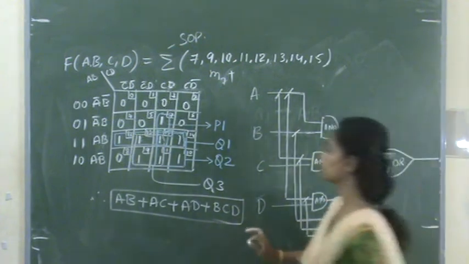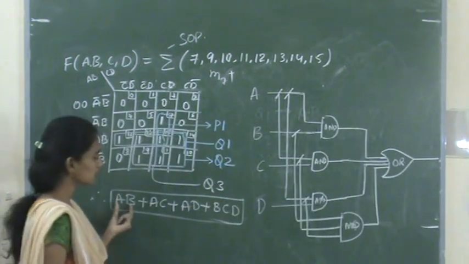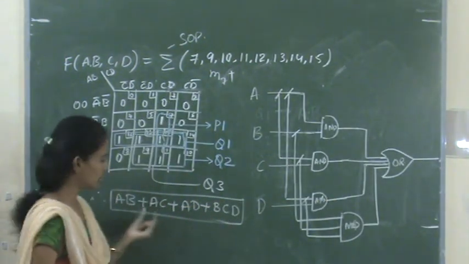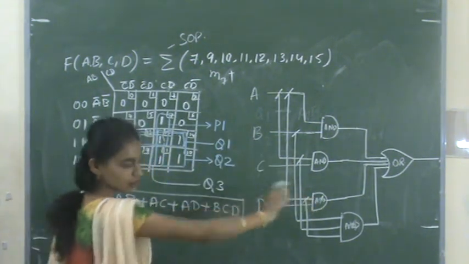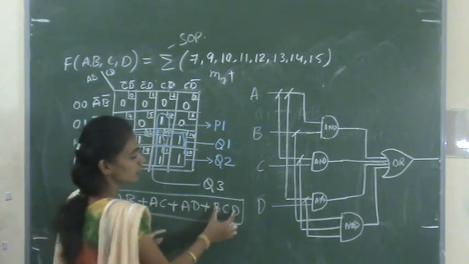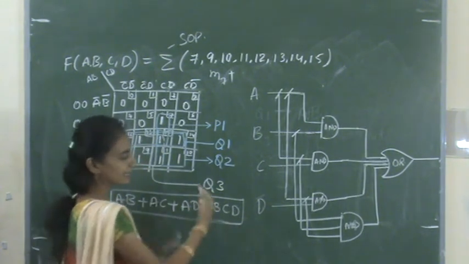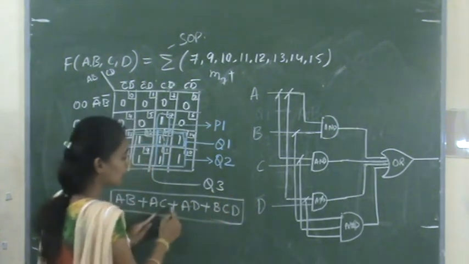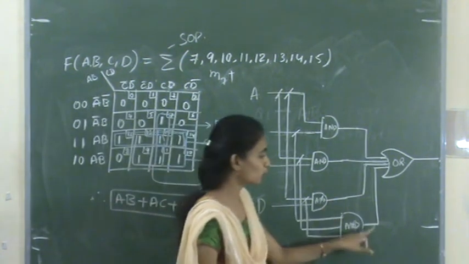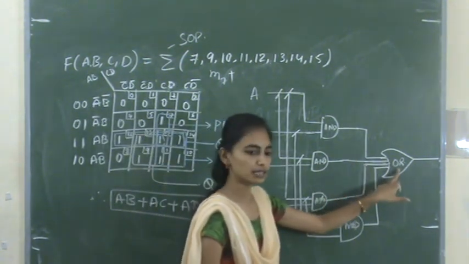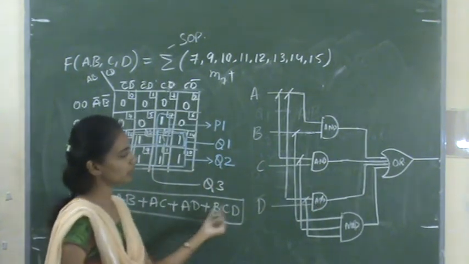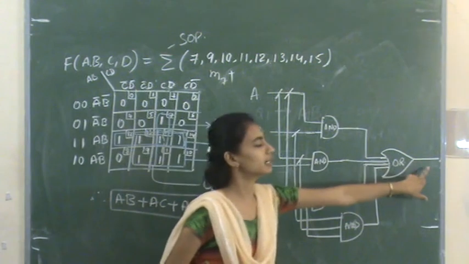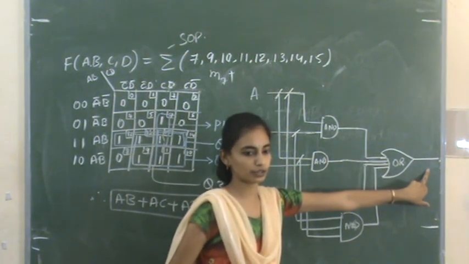Just take the single min terms. These are the min terms. For each min term you can write a gate. After writing all these min terms, combine all the min term outputs as inputs for the OR operation, whichever you have here. That has to be combined and the result will be the output for your result.